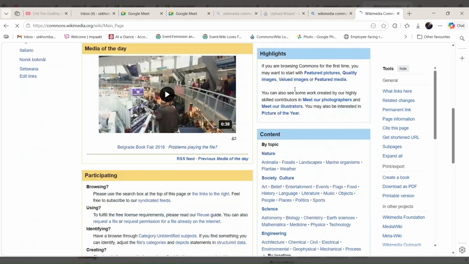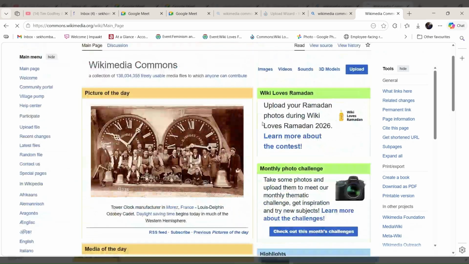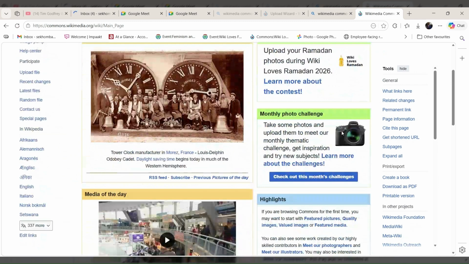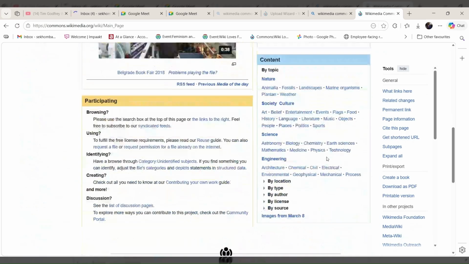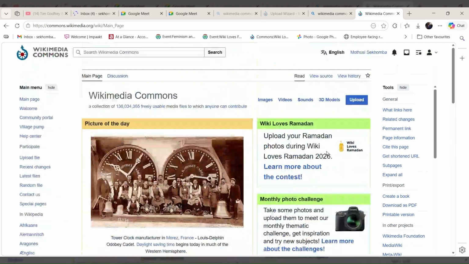But you can also browse through the landing page to explore and learn more about how Wikimedia Commons works, and to be inspired by other people's uploads and all that. You are free to explore, but for now, I'm going to go ahead and start the short tutorial